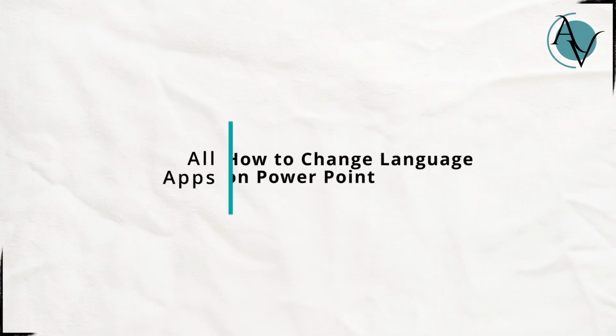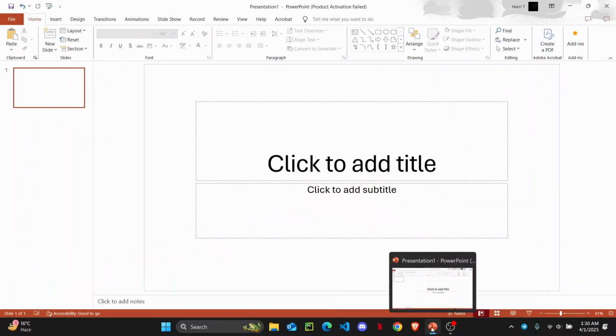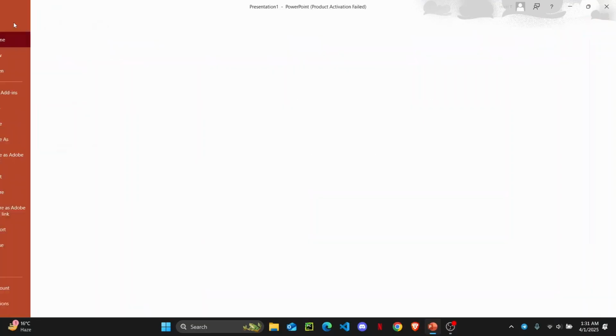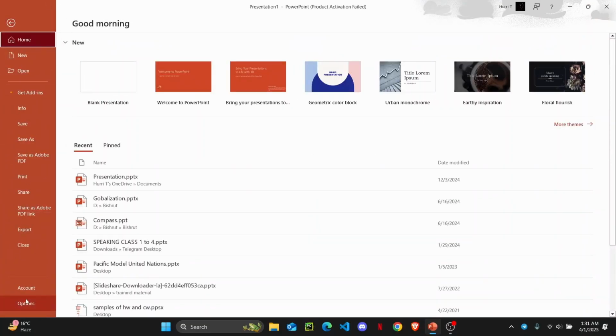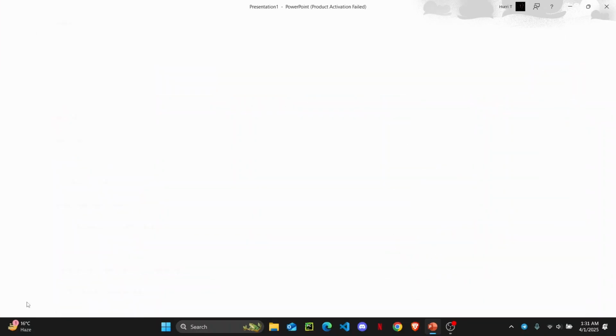How to change language in PowerPoint. First thing you have to do is make sure that your PowerPoint is opened, and from here what you want to do is tap on the file icon at the top left. Just click on it. Now if you want to change language, head over to options right below on the left